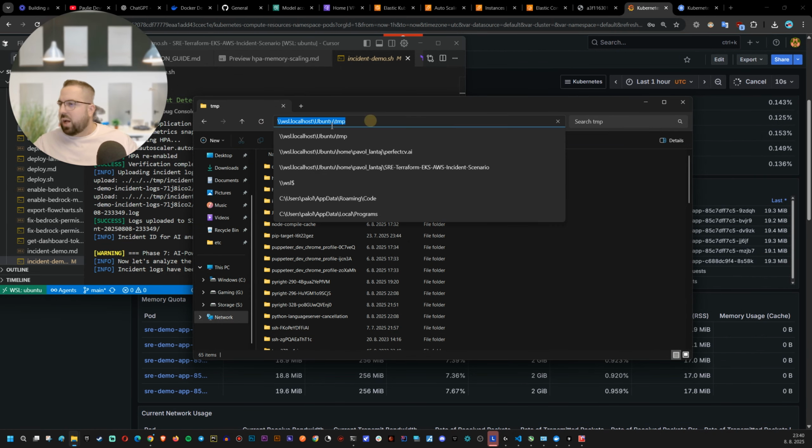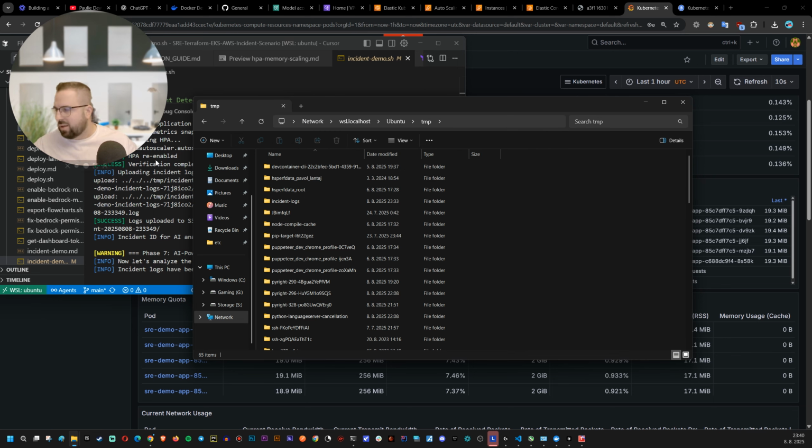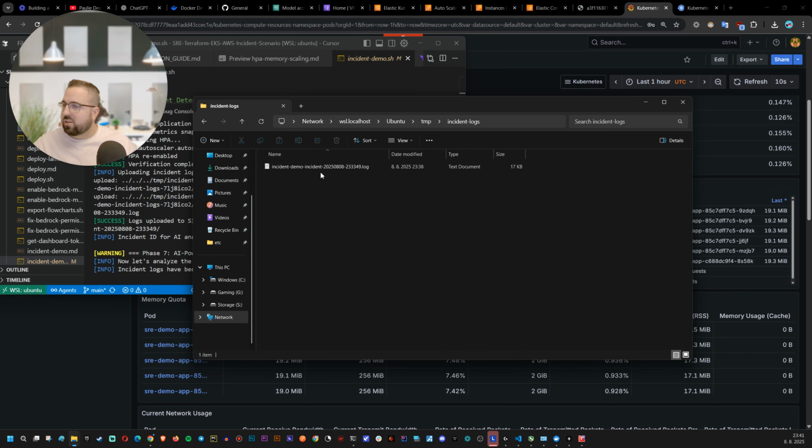So we are here, /vsl.localhost, Ubuntu tmp is the same as /tmp there. What you can see is that it created incident logs. So it was taking the logs from the Kubernetes, and it has created this log file right over here with the current date and the current time. So if I open it